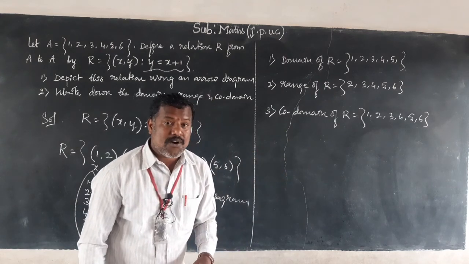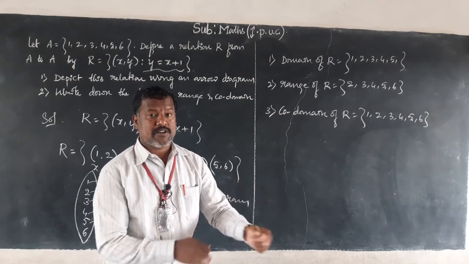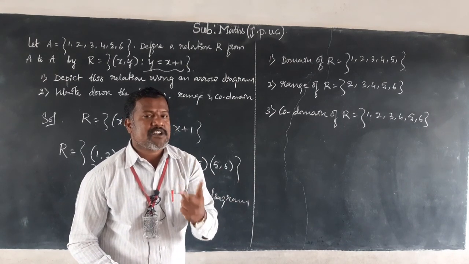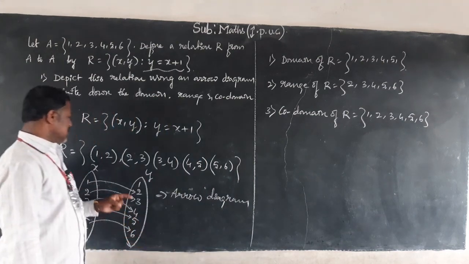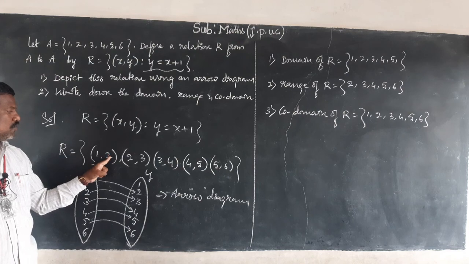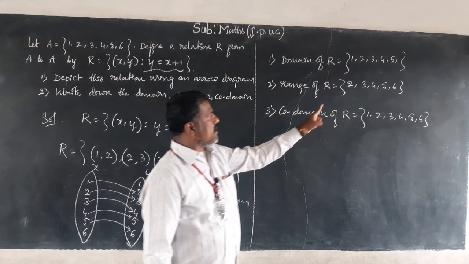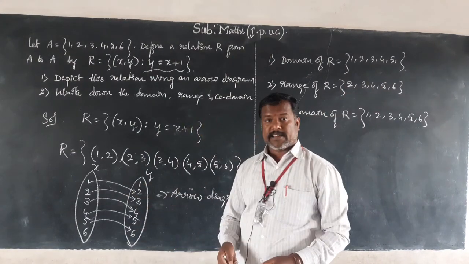What do we mean by range of R? In a relation capital R, the ordered pair second elements we call the range of R. So here the range of R is nothing but 2, 3, 4, 5, 6. That's what we have taken, 2, 3, 4, 5, 6. Or in an arrow diagram,